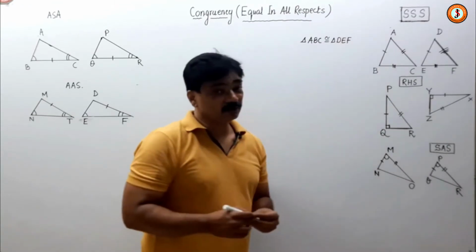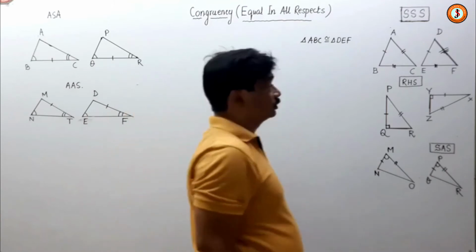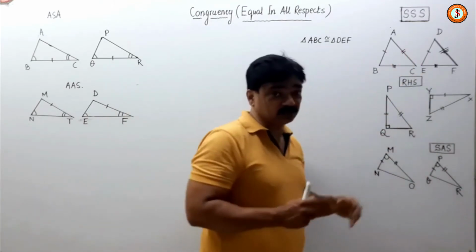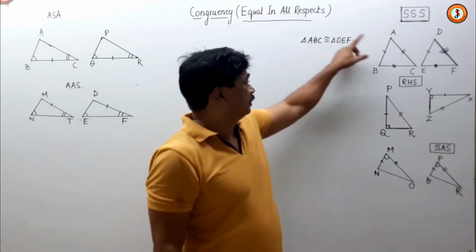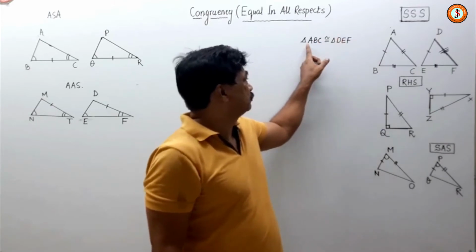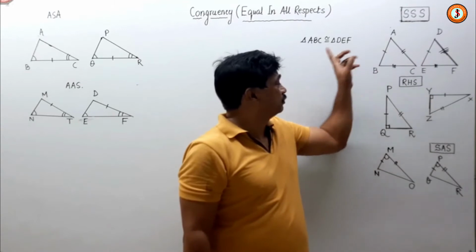So all these things are very important. Corresponding part means nose should match with nose. I cannot write ABC is congruent to FED. I have to search the correct vertex. A is between 1 and 2, so D between 1 and 2 will be the first here. A is first, the middle is B. B is between 1 and 3, so E is between 1 and 3, like that.